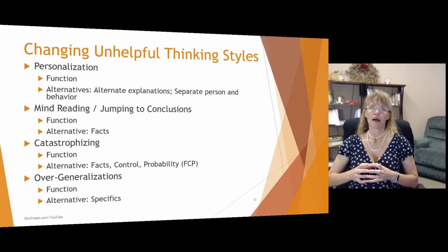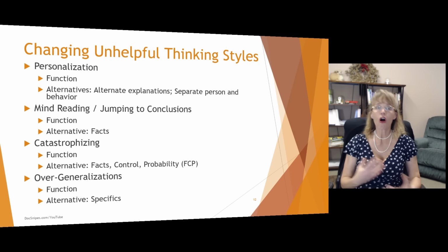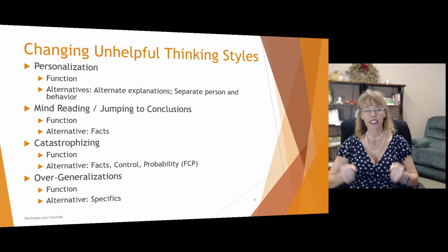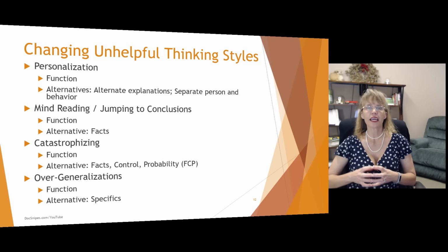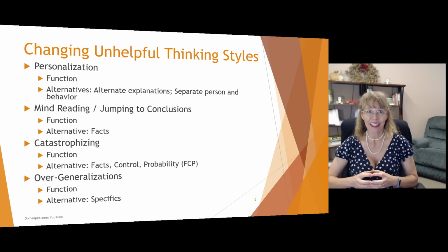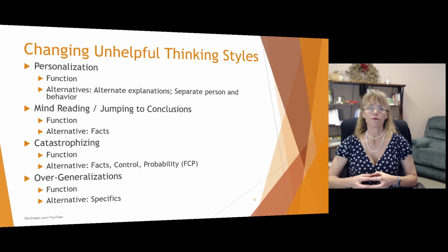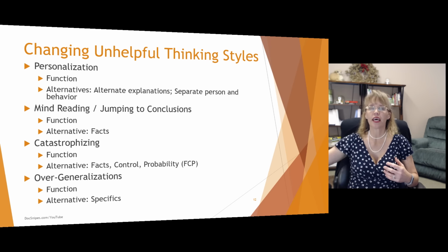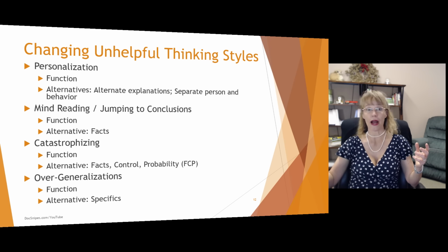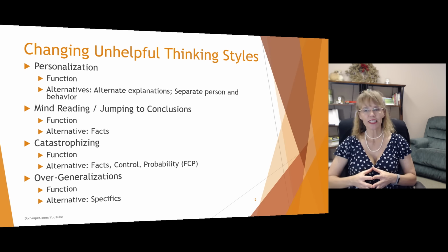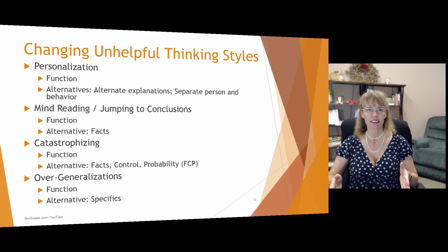Catastrophizing. Again, protective. Get the trend here. All of these are in some way trying to protect the person from being caught off guard and being abandoned. So if they're in a relationship with somebody and they have a fight or a disagreement, catastrophizing would say, okay, this person's going to leave me and I am going to be alone forever and always. Well, that spiraled quickly. Encouraging them, again, to examine the facts.